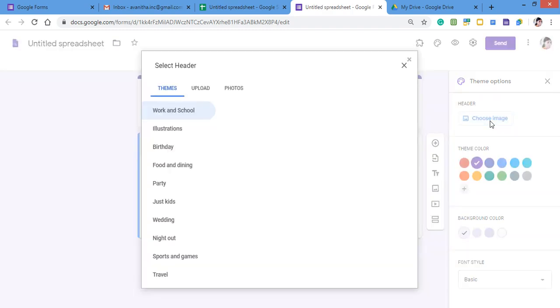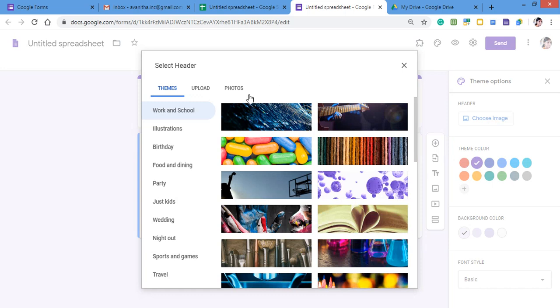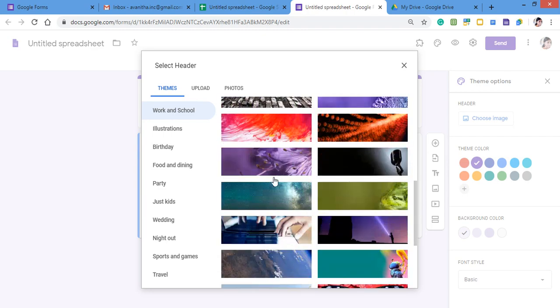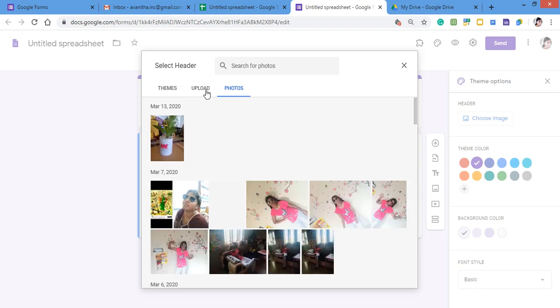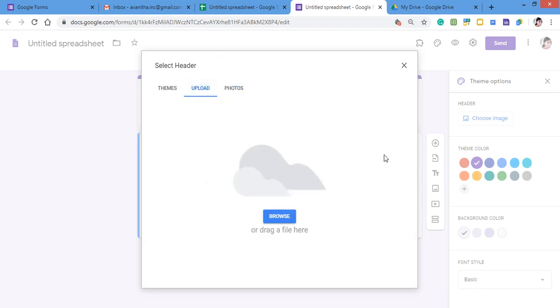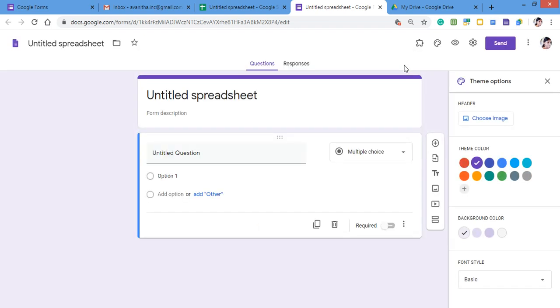Default templates are given as headers, like themes, work and school, illustration, birthdays; whatever the type of Google Form you are going to create, you can add the themes. Otherwise you can upload from your computer, or you can add the photos which are in your Google account. All these things can be added in the header, according to the sheet you are showing.